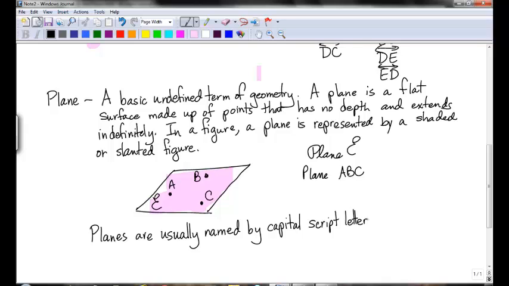In the book, it's going to look kind of like it's italic. Like instead of my B for a point looks like this. This is my B for a plane. Okay? So you got to have some little curves to it. My D for a point might look like this, but my D for a plane would look like that. Okay, or if you don't like the script letters, or by 3